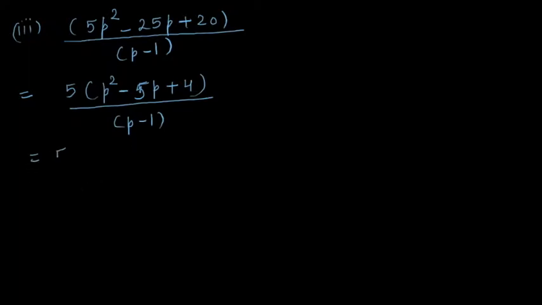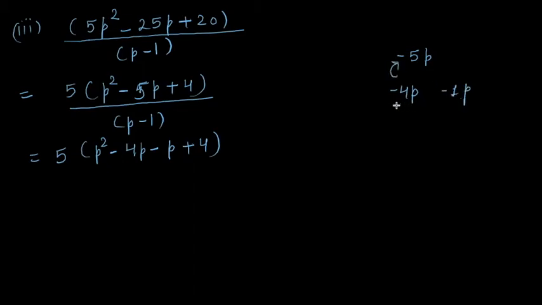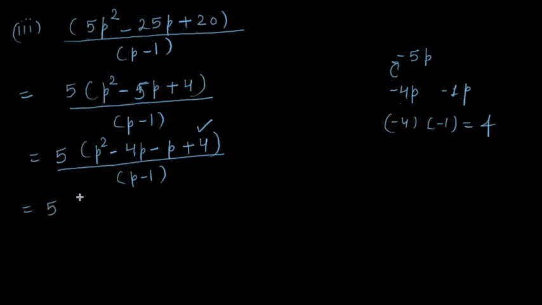Now if I apply the middle term splitting here, what can it be? P square minus 5p plus 4, I can write as p square minus 4p minus p plus 4. Because minus 5p, if I am writing it, it's minus 4p and minus 1p, the sum should be minus 5p, and minus 4 into minus 1 will give me 4, which is what we are asking for, right? And let's put the denominator as it is. Now regrouping, let's do regrouping as p square minus 4p minus, here if there is a minus sign and I'm placing a bracket here, how much will this become?